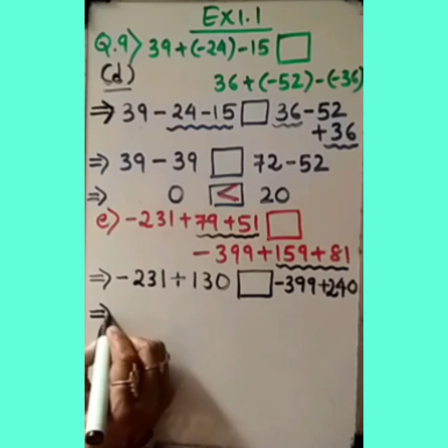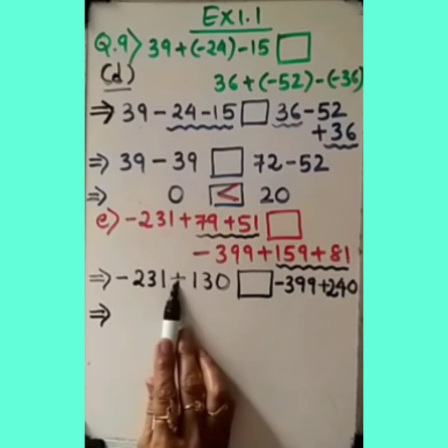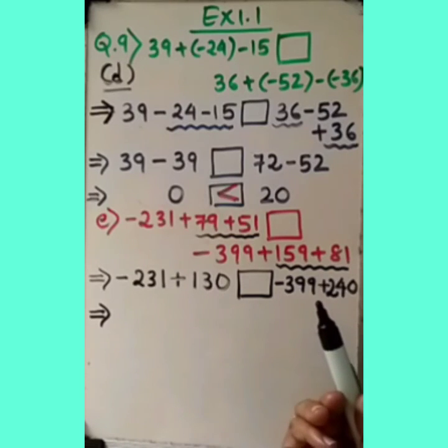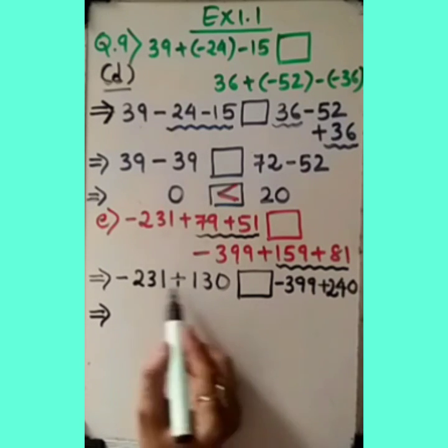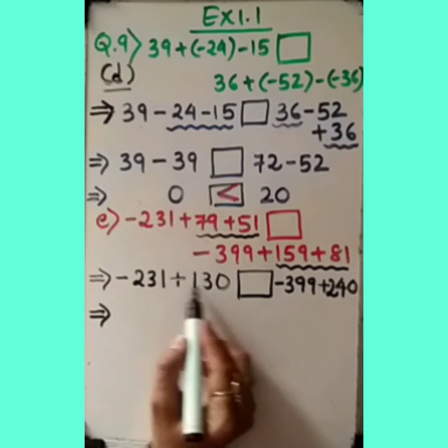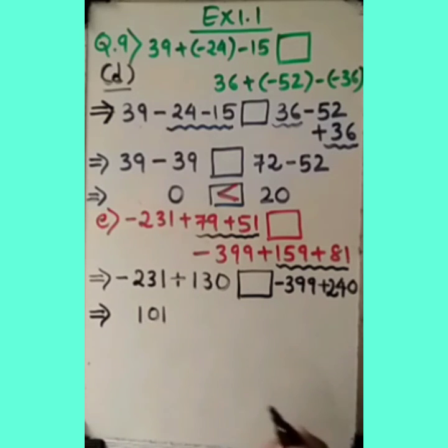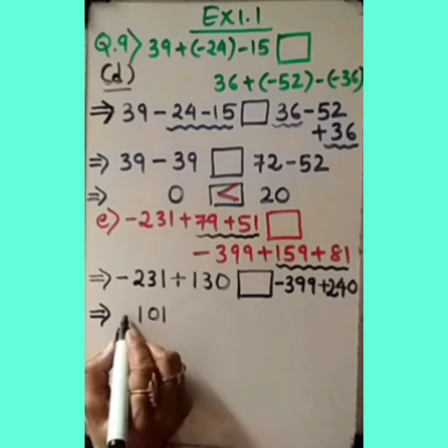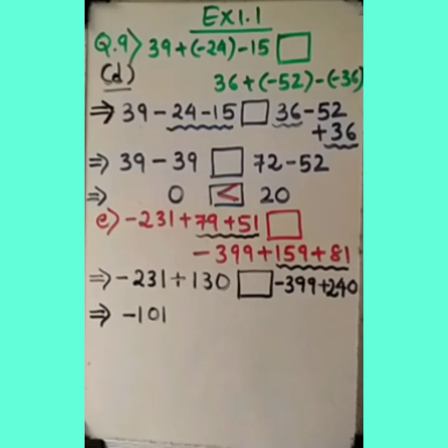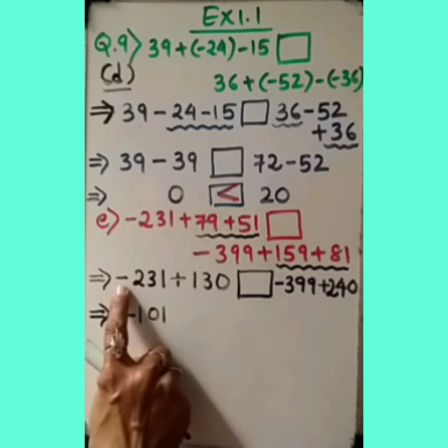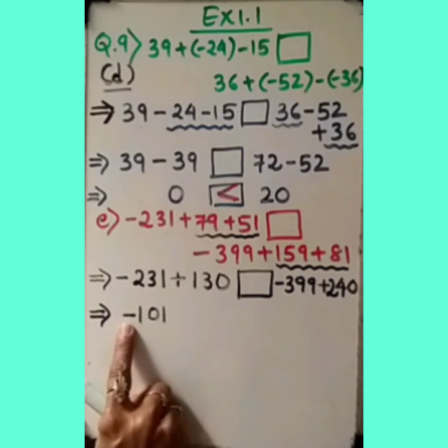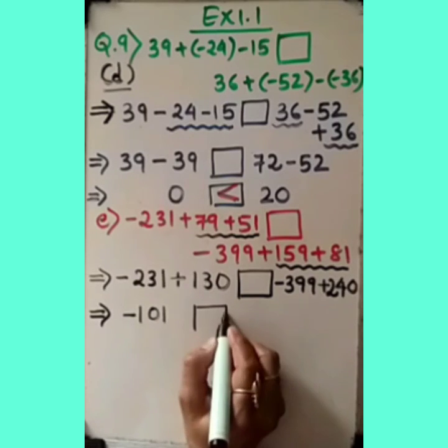Now next step, as we know that here it is opposite sign. Opposite sign means subtraction. Please remember, dear students, opposite sign means subtraction. Here you can see if we subtract this from this, what will be the result? 1 minus 0, 1. This is 0. 2 minus 1, 1. 101. But how to decide the sign? We need to decide the sign through this minus. So here the bigger number is this, and its sign is negative, so we need to write here minus.